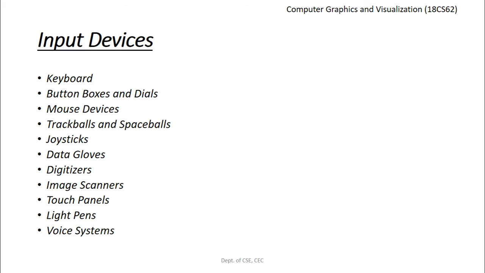The next type of input device we have is called a digitizer. A digitizer is a common device for drawing, painting, or selecting positions. A graphics tablet is one type of digitizer which is used to input 2D coordinates by activating a hand cursor or stylus at selected positions on a flat surface.